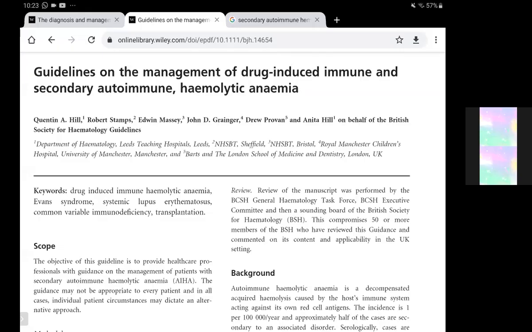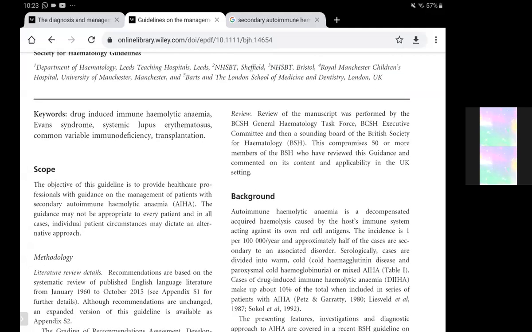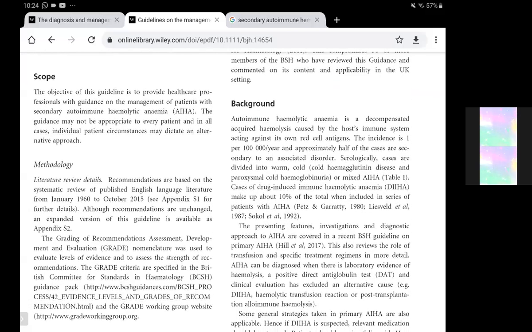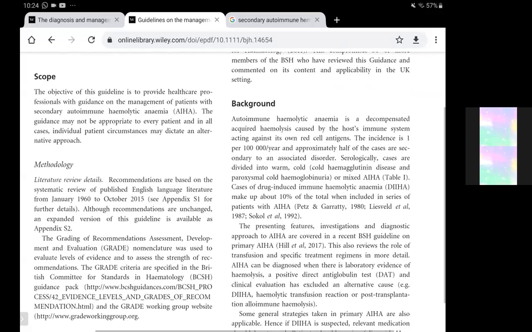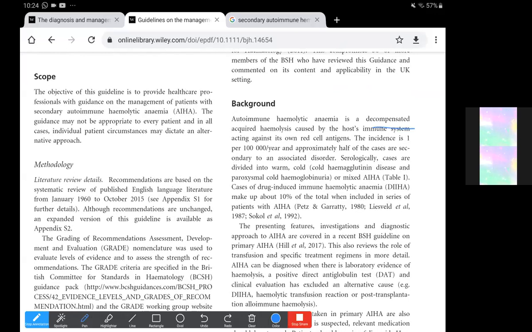Okay, so regarding these guidelines on the management of drug-induced immune and/or secondary autoimmune hemolytic anemia, this is going to be much of a revision of what we had done in the previous sessions as well, because here also they have stated all the guidelines regarding the definition of autoimmune hemolytic anemia. That is, it is a decompensated acquired hemolysis caused by the host immune system reacting against its own red cell